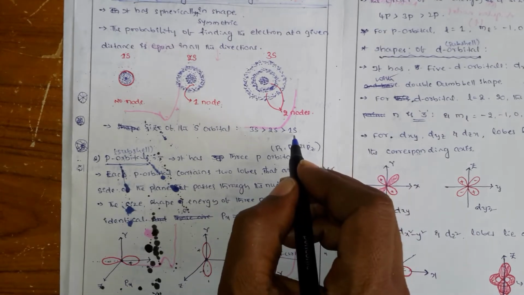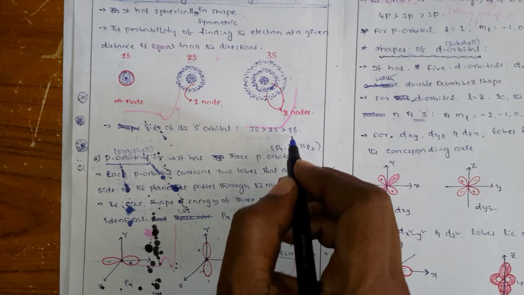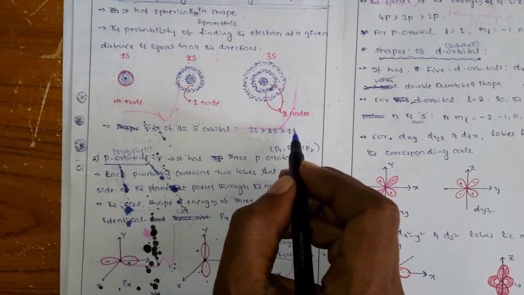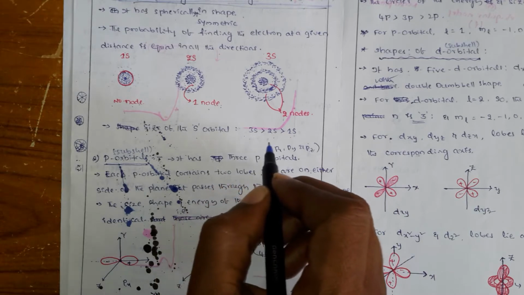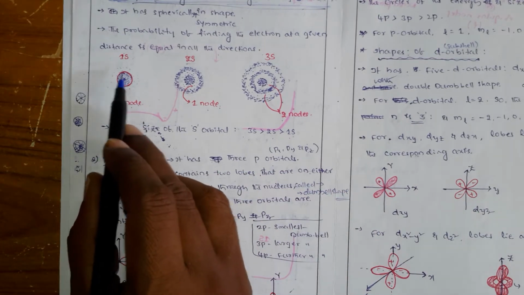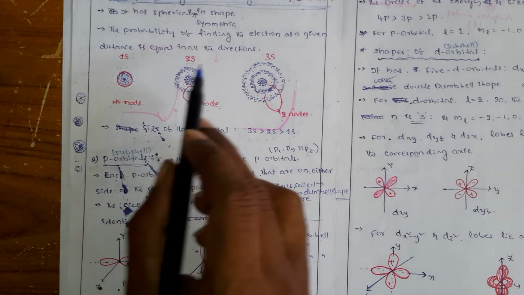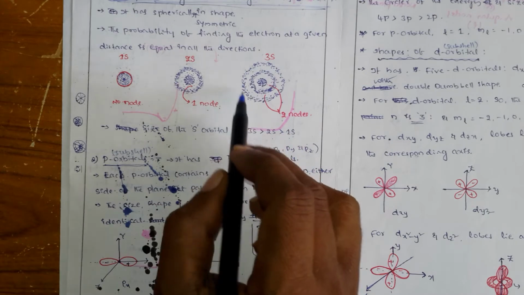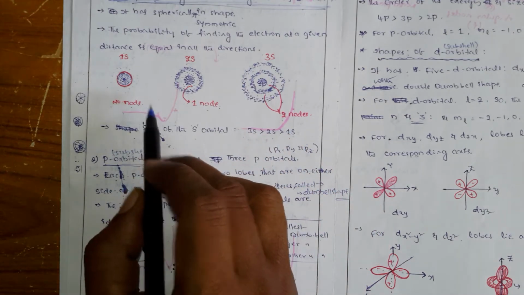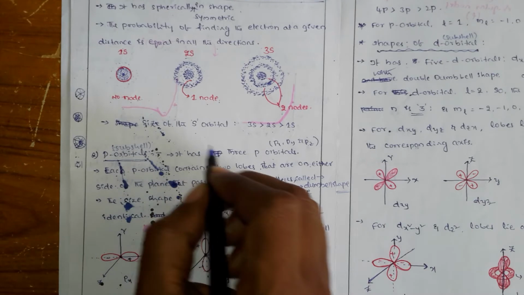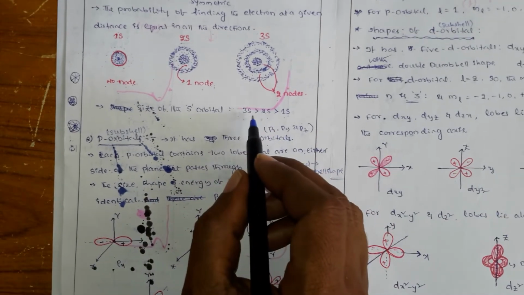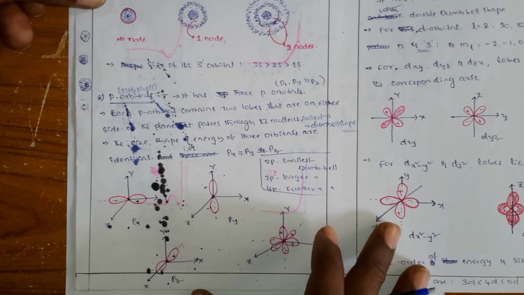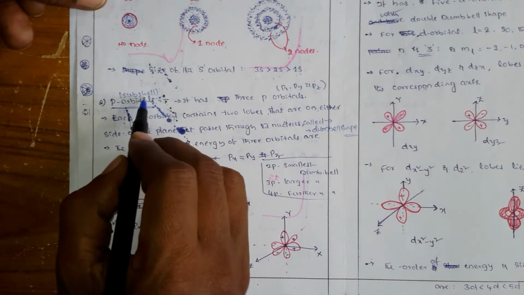You know that when we increase the shell number, first shell, second shell, third shell, as you go above, generally the size of the orbitals increases, right? So in the first shell the size of the 1s orbital is small, and in the second shell the size of the 2s orbital is a little bit bigger, and come to the 3s it is again bigger than the 2s and 1s. Okay, so the size of the s orbitals is always 3s greater than 2s, greater than 1s.